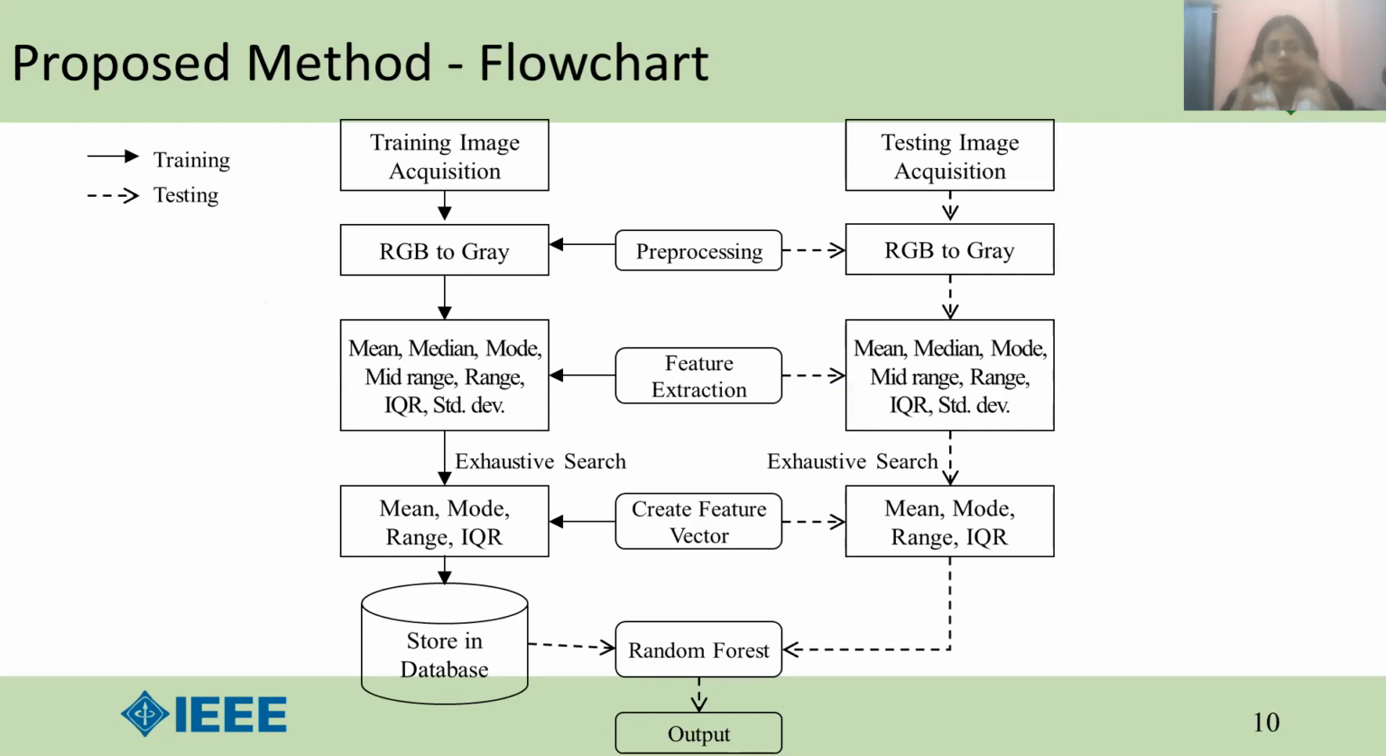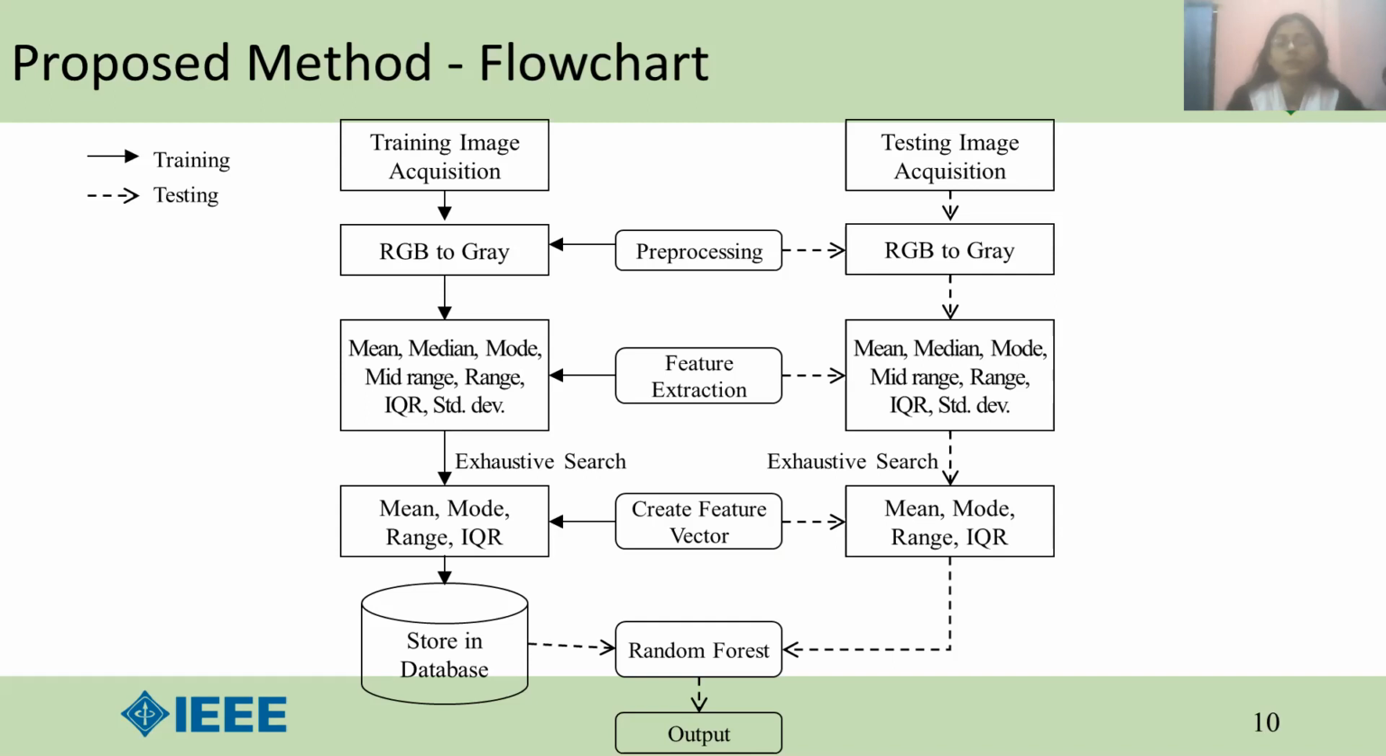First, the image acquisition system. In this process, first we collect the image from the internet, then convert the RGB image to a grayscale image. We extract features like seven intensity moments: mean, mode, median, mid range, interquartile range, standard deviation, etc. These are used in this process. And then by the exhaustive search process,